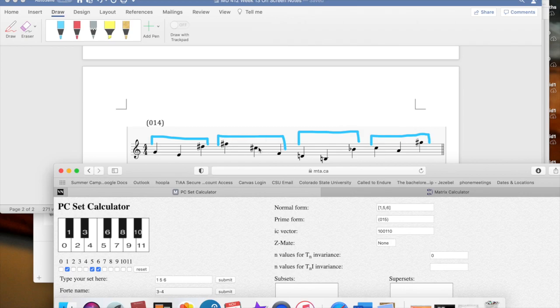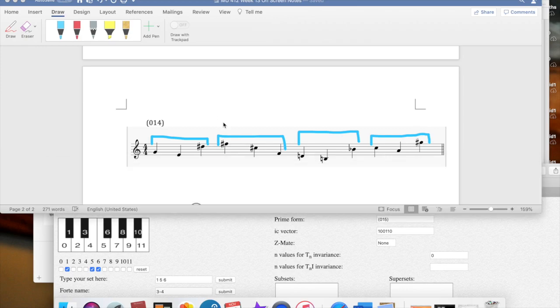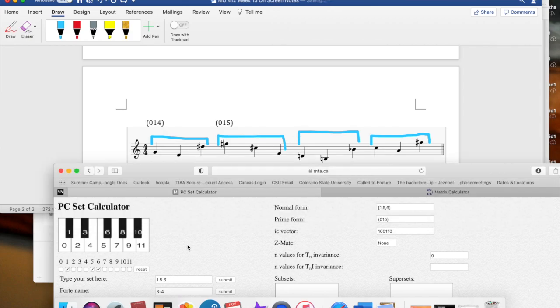Similar, you could tell that there's a half step between F and F sharp. And then the widest distance is what we need to take into account, which would be from F sharp to C sharp. Okay, so then let's note that this is 015. You could tell it has a half step, so you might have thought it could be 014 again. And so then let's do another one.